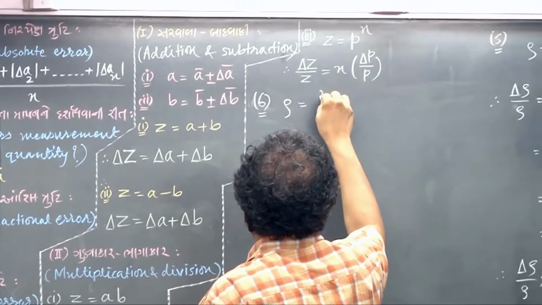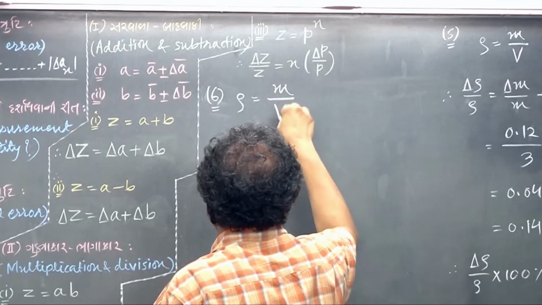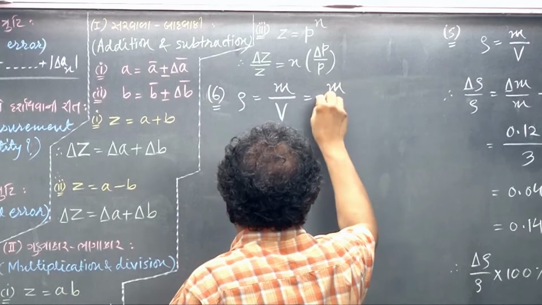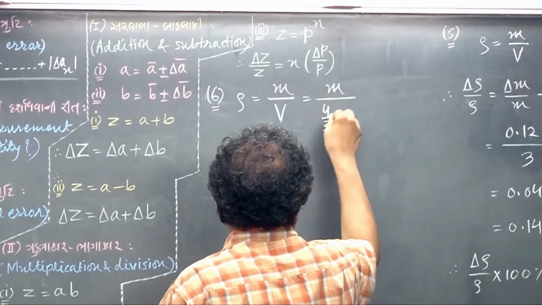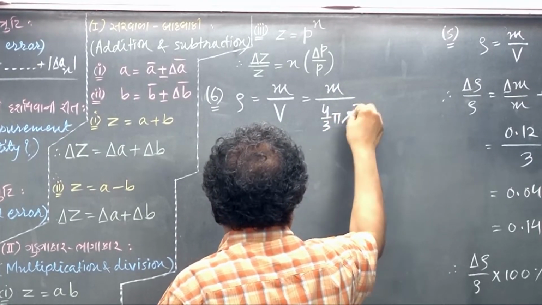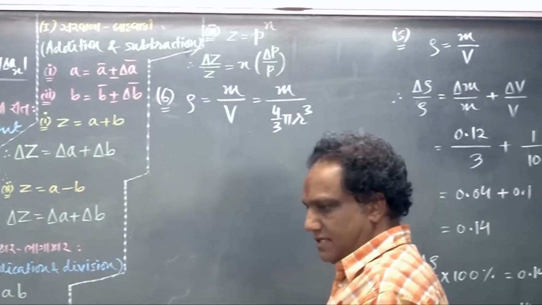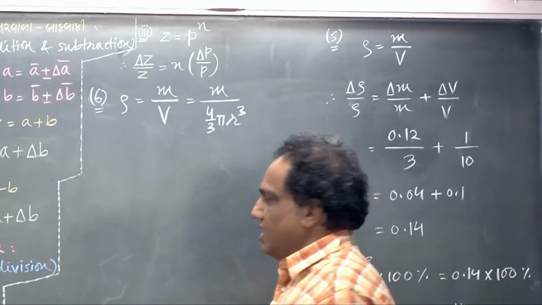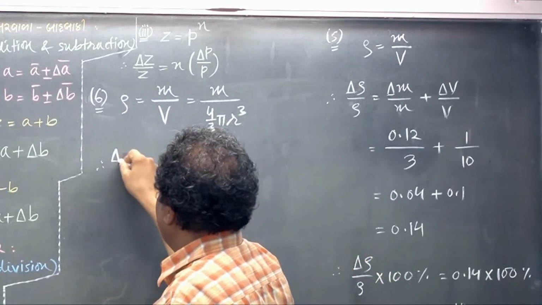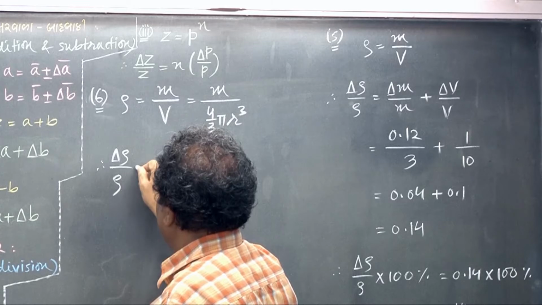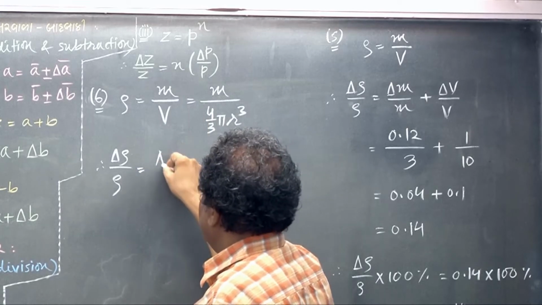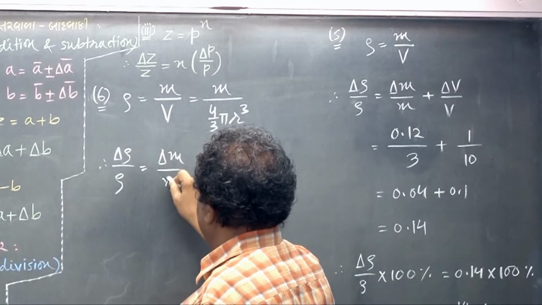Density is mass upon volume. Volume of a sphere is 4/3 pi r cubed. Correct? What about fractional error in rho now? Delta rho upon rho equals delta m upon m